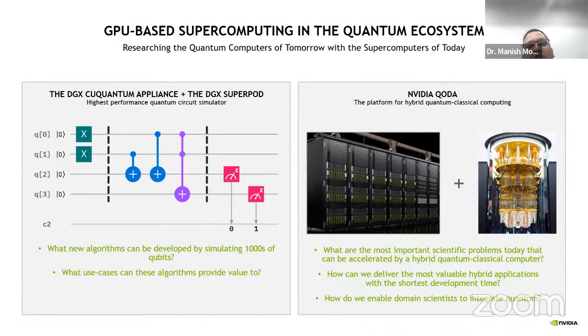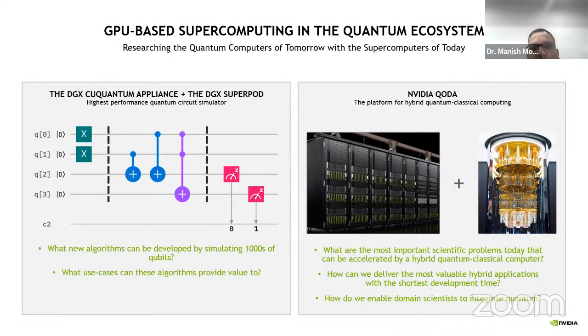And we would like to have quick simulation on this, or accelerated simulation. That's where we have the QQuantum platform, which runs on NVIDIA GPU, which accelerates all these frameworks like Cirq or any other framework you say. Those are being accelerated. I will come to that. On the right side, what I am showing is NVIDIA QODA. So this is Quantum Optimized Device Architecture.